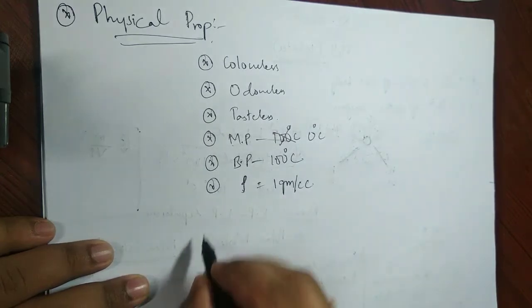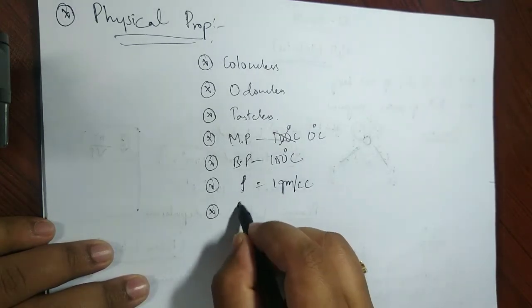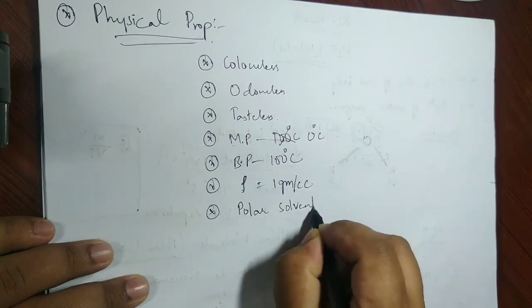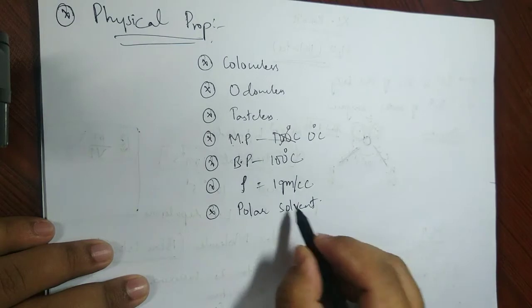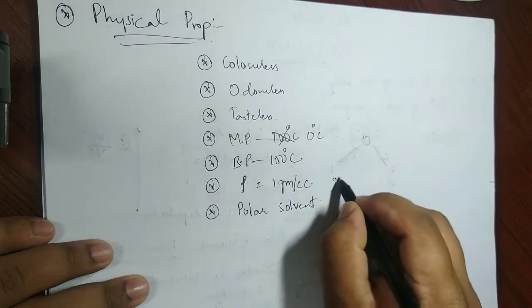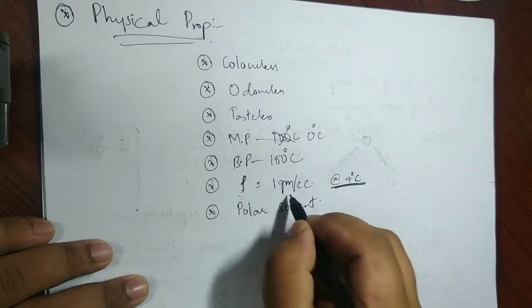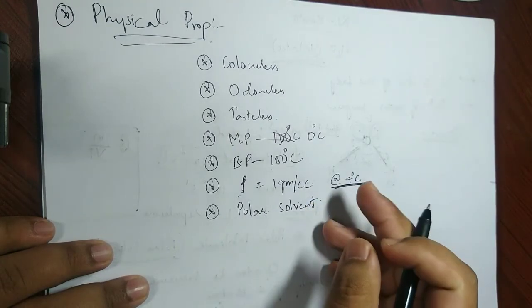And is it polar in nature? Yes, it is polar. As I said just now, it acts like a polar solvent. And this density is generally at 4 degrees Celsius. So do remember this, at 4 degrees Celsius the density is